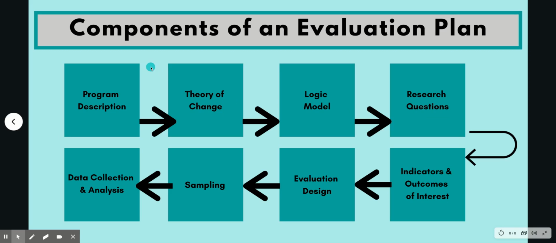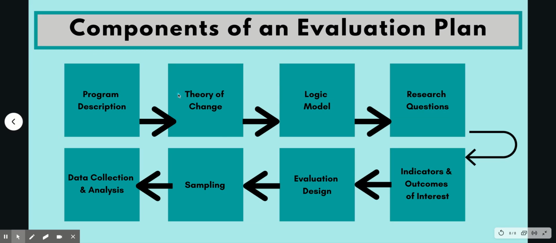You'll notice that these 4 components at the top are part 1, which is due in week 4. After part 1, you'll get feedback from your professor and make some adjustments on those components in part 1